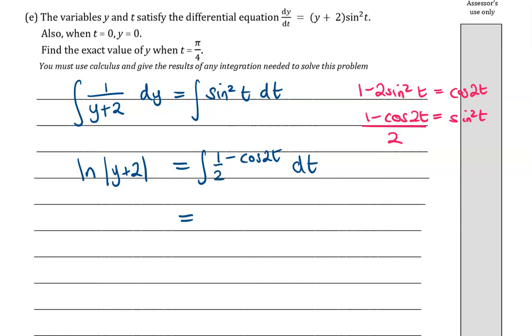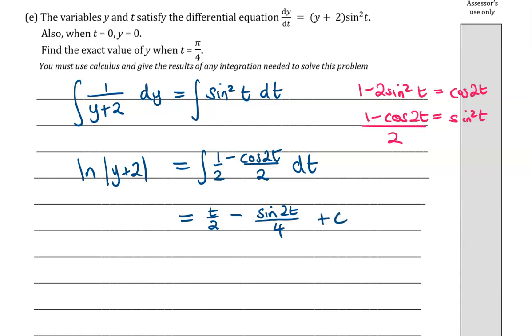So it'd be 1 over 2 and this over 2. We can just separate them out. So the half becomes t over 2. Cos integrates to sine, so this is minus sine of 2t, and then we'd have to divide it by the 2 that's in the 2t, and also it's got a dividing by 2, so altogether we're dividing by 4